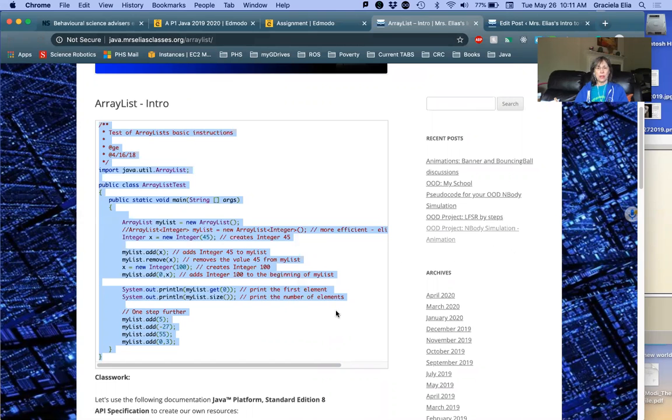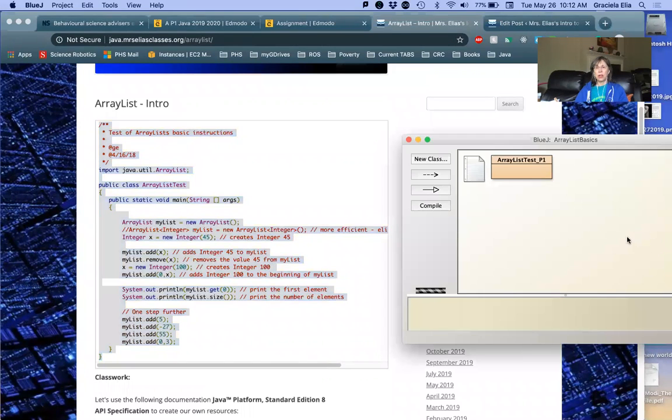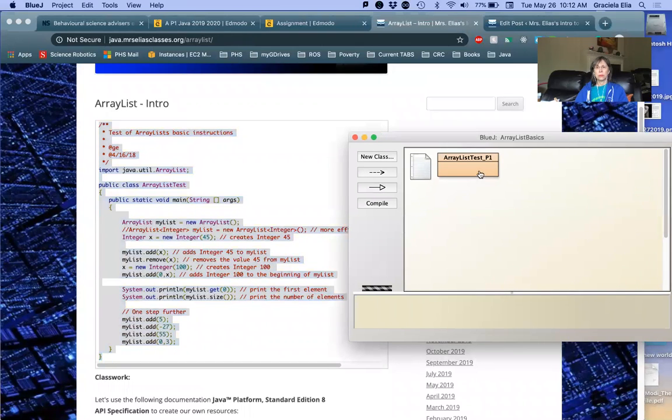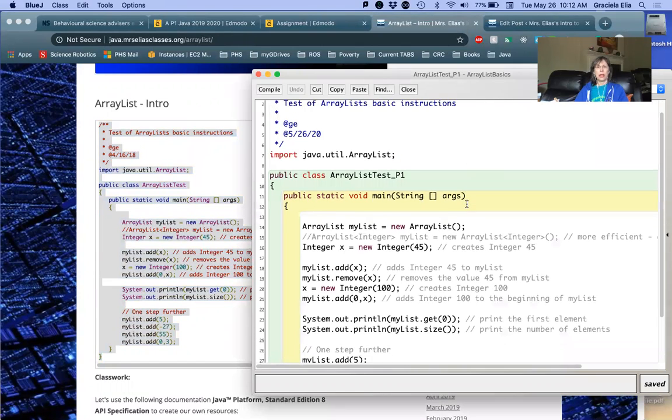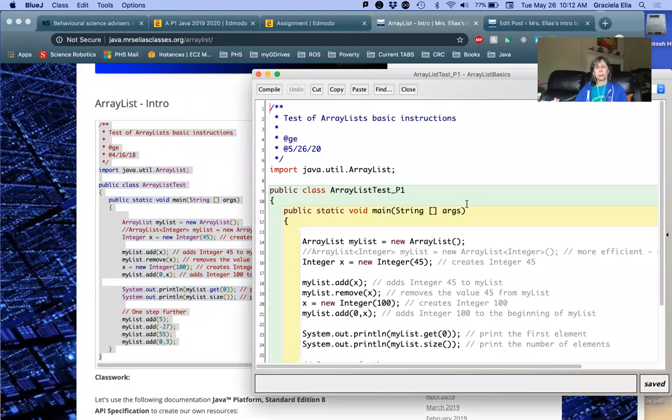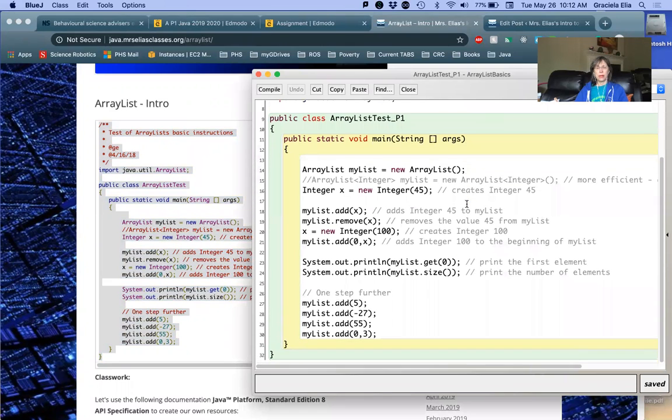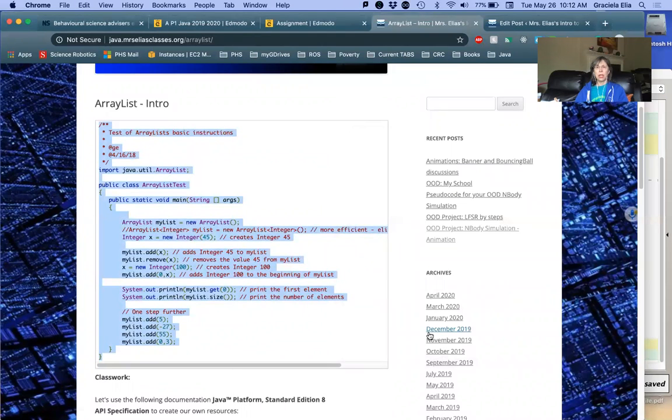So I copied this and I pasted it onto my new class. So it should have the same thing I'd have. And let me check one more time while Amy gets caught up with everything. Nobody's waiting, so